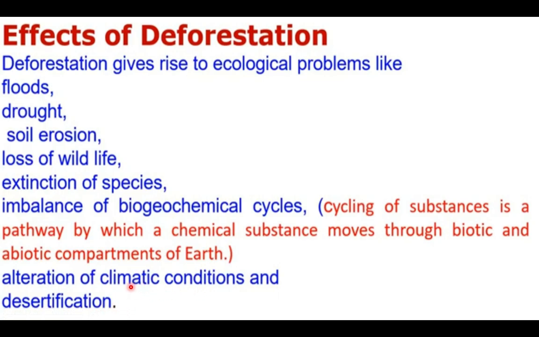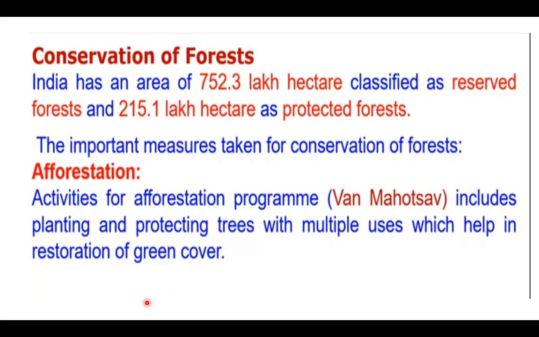So climatic conditions are completely changing. That means a heavy rainfall, which leads to flood or else drought. So this is what we say it is an alteration in the climatic condition, that is imbalance in the nature. So alteration of climatic conditions as well as desertification. Desertification means the land is completely becoming desert area. Greenish area is completely becoming desert. So these are all possible due to the deforestation. So deforestation should not be done.